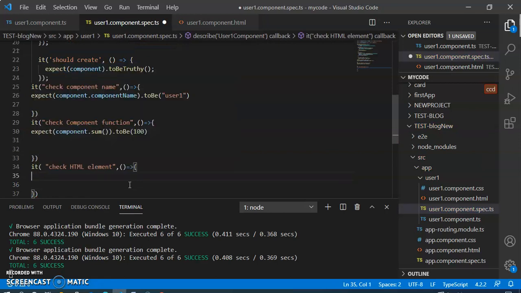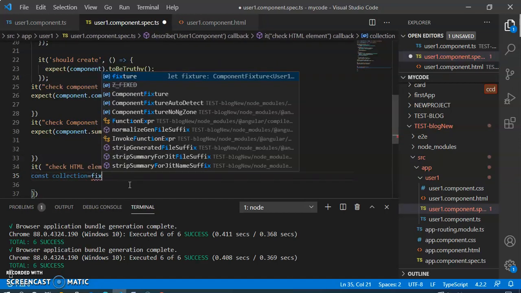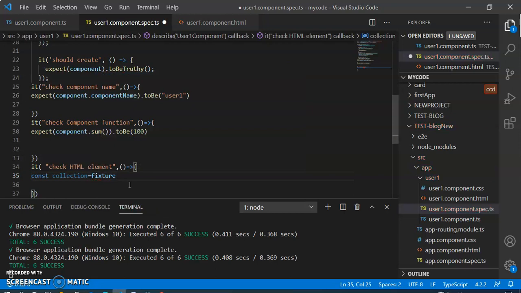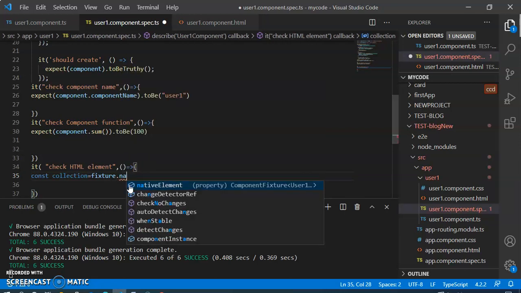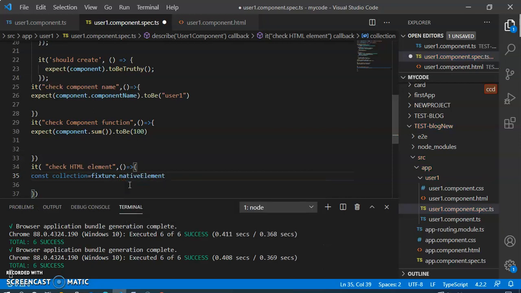Now we have to write constant collection fixture. As I have shown to you, we have got a new feature of fixture. Now we are trying to use this one, and now we are taking the native element, because we are writing the code for component.html. We will get the element from there, so we are using this one.